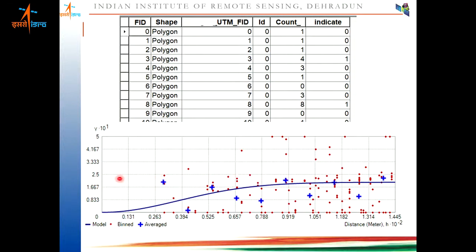after this limit, the semi-variogram reaches its constant value, which means disease occurrence is related up to this distance only, which is around 100 meters. This tells you if a person is positive with some disease at a location, then there is a chance of disease spread within a 100-meter region.